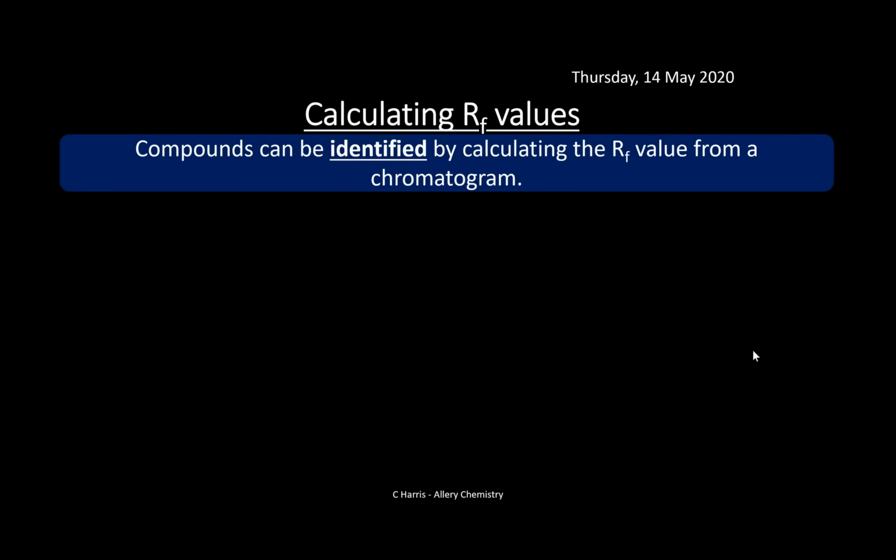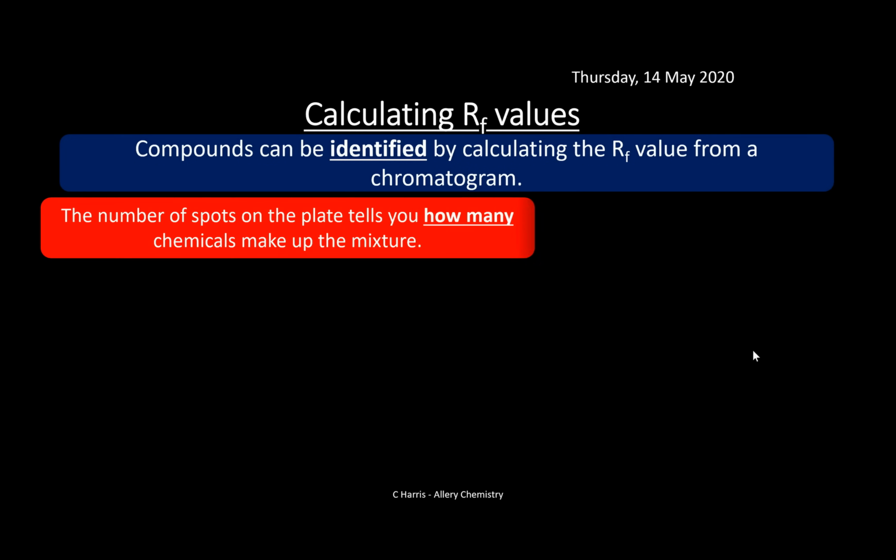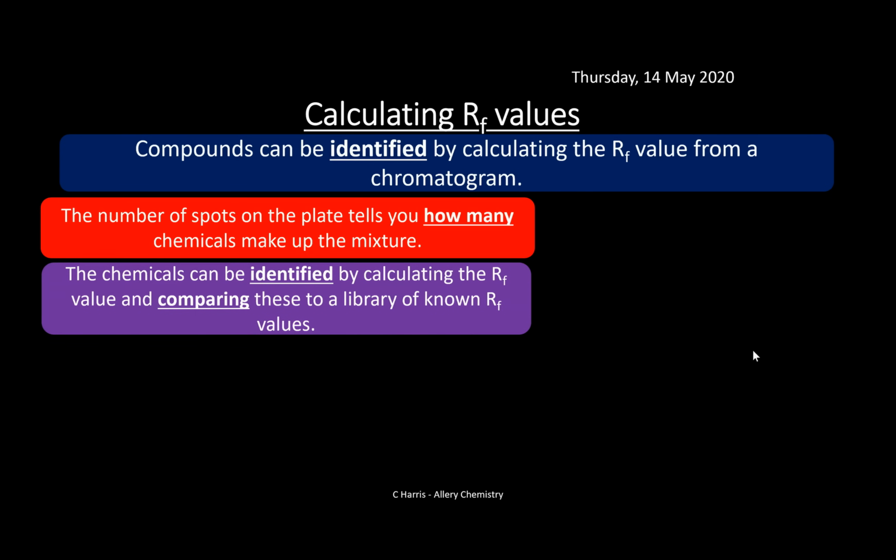So, like I say, these can be identified using the RF value from your chromatogram. The number of spots on the plate, when you get your chromatogram all dried and finished, you'll see there's a few spots in there. Now the number of spots on that plate basically tells us how many chemicals make up the mixture, okay? So if there's 3 spots, it means we've had 3 chemicals in that mixture. If there's 2, we've had 2 chemicals. Pretty straightforward. And the chemicals can be identified by calculating the RF value and comparing these to a library